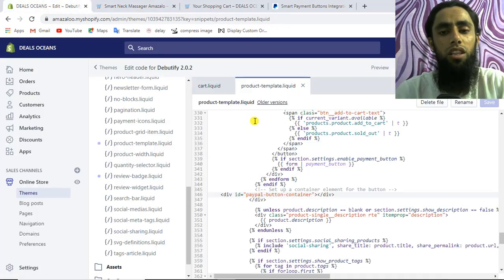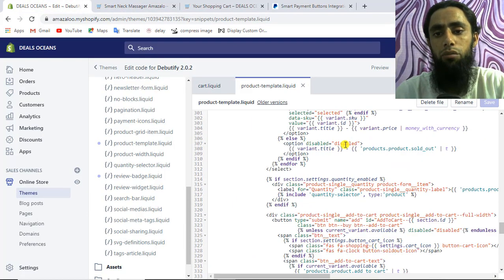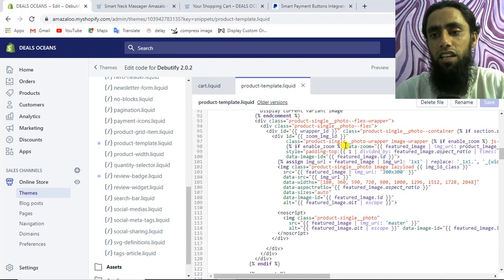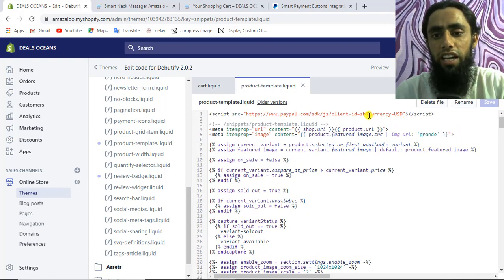Now one thing that you have to do over here is replace this specific SB on the top of this line. You can see that we have client ID equal to SB. Remove these two letters from here, and replace them with the client ID of your live PayPal account. I will be adding the link in the description on how you can find the client ID from your PayPal account. Please watch that video, and you will get step-by-step instructions on how to get the client ID of not the Sandbox account but the PayPal live account, right?